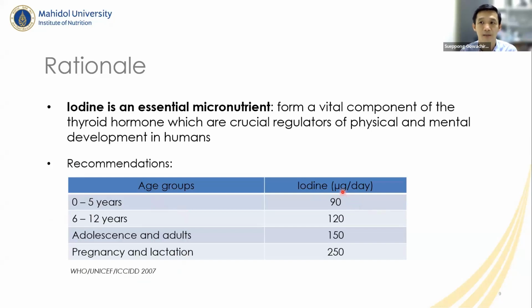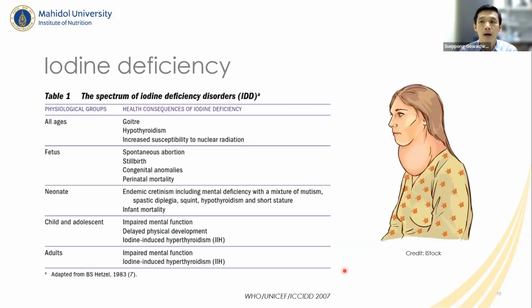So if there is a serious deficiency, it could result in spontaneous abortion or stillbirth. For neonates, there could be problems of improper growth of certain body functions and also cognitive function. During childhood and adolescence, there could be impairment of mental and physical development. And for adults, if there is an IDD, there could be a problem with impaired mental function or iodine-induced hyperthyroidism, like shown